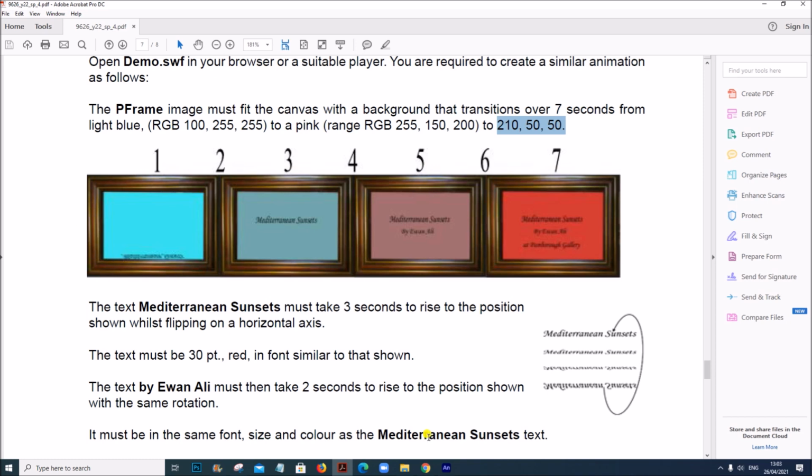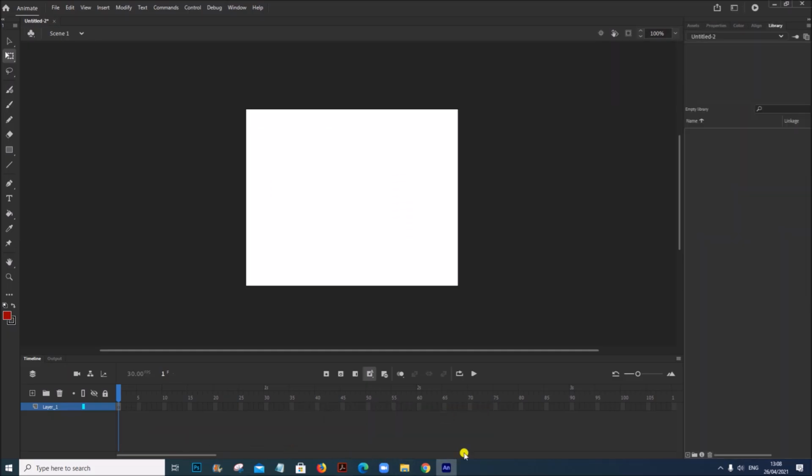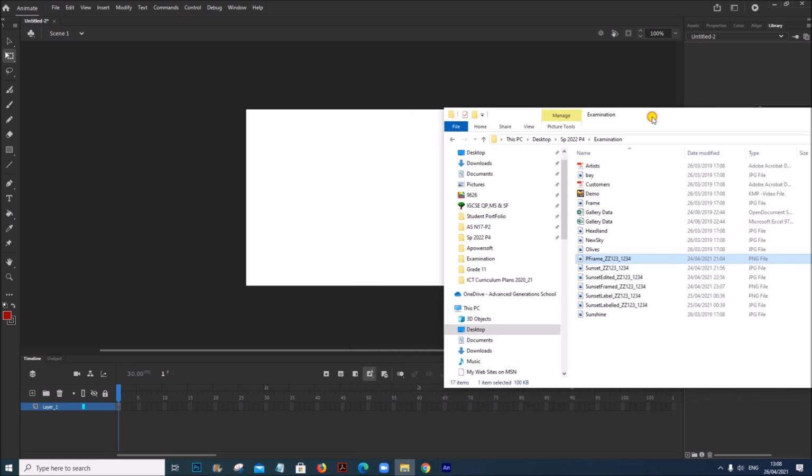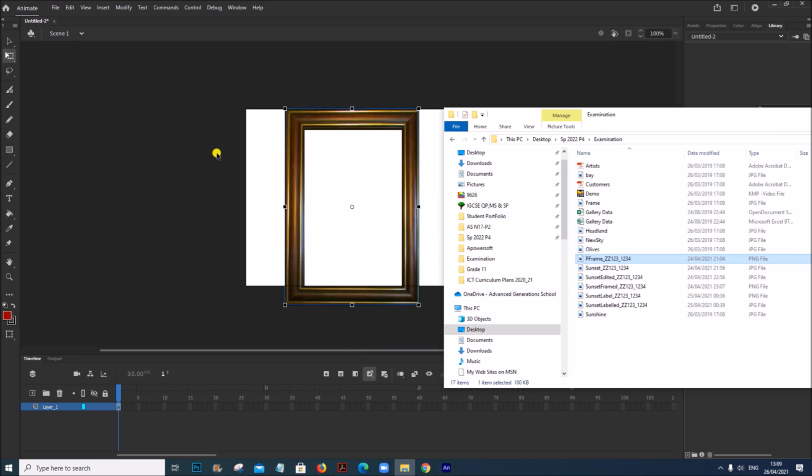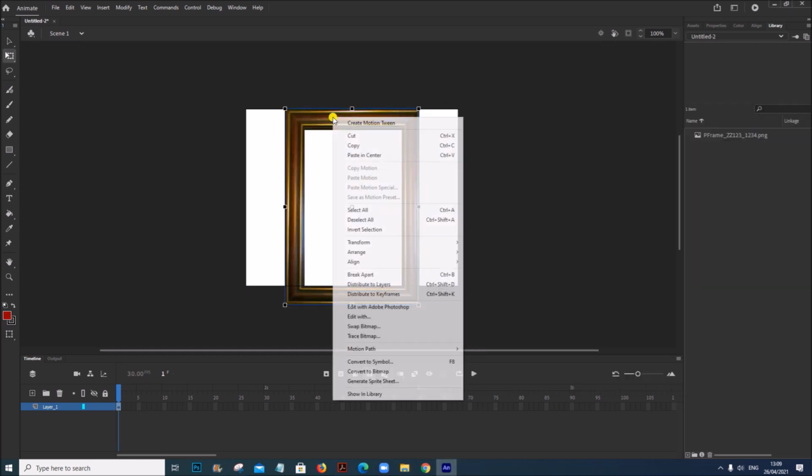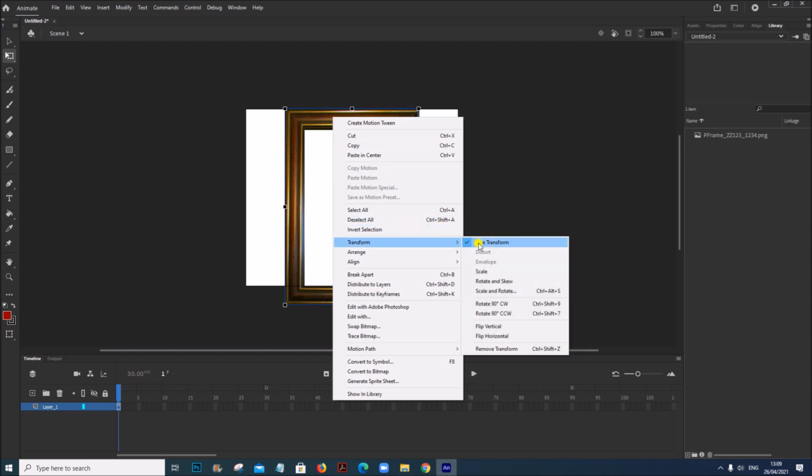So first let us add the frame. This is the P-frame image. So drag it here. Right click, transform, rotate it to landscape orientation.